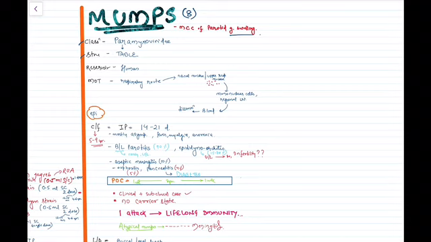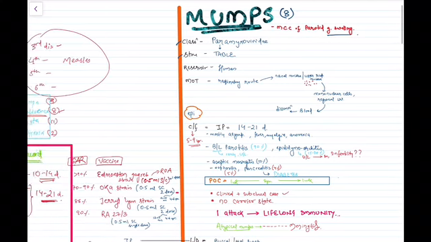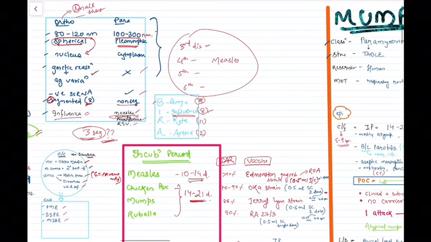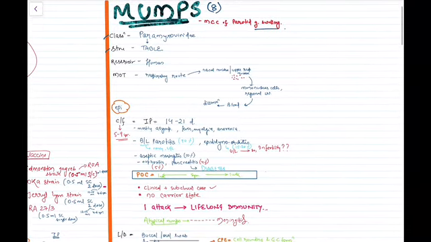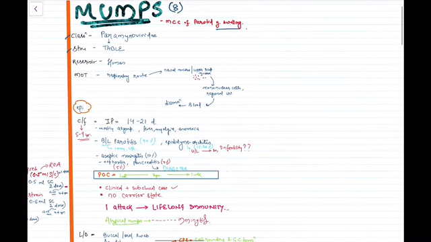Now if we know it is from the Paramyxoviridae, we already know the structure. It is approximately 120 to 300 nm, and everything from this table, like 100 to 300, it is pleomorphic, replication is in the cytoplasm, and negative sense single stranded RNA is present, everything, right? Then the reservoir, the third subtopic, and the only reservoir is human. Then MOT,